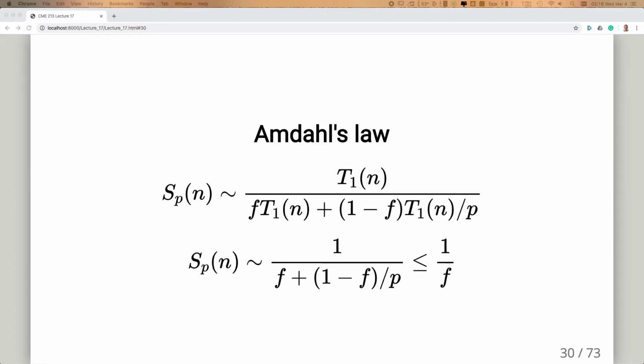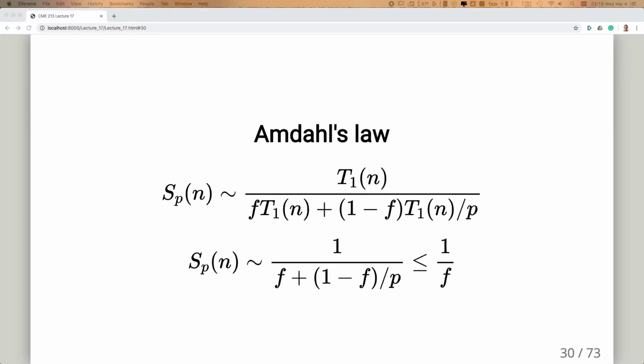Okay, so here I'm just going to go briefly over that. It's not super important, but it's a high-level thing to keep in mind. Actually, this is more of a practical lesson rather than a mathematical equation. But there is a simple concept, and the concept itself is kind of wrong, but it has some useful insight into it, which I want to get at. So in Amdahl's law,